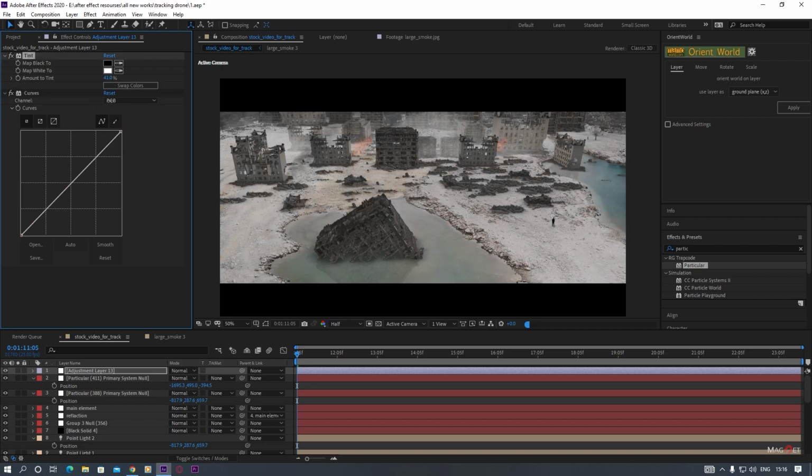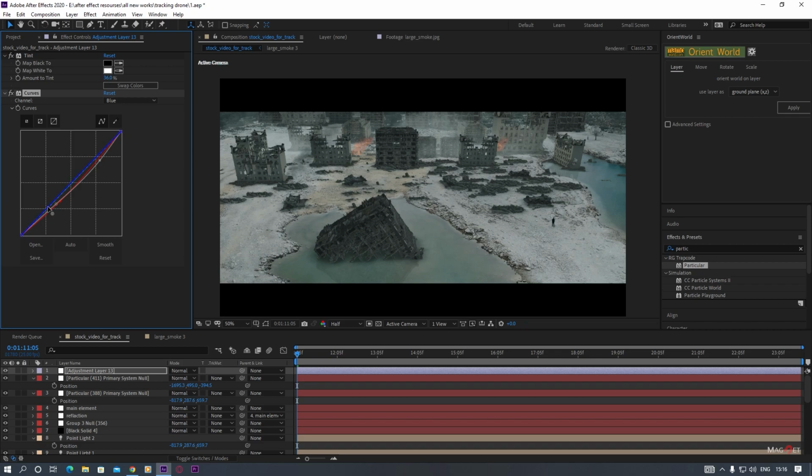We decrease the tint amount here, okay, and make a little dark kind of color here. Decrease the contrast and go to the red. We decrease the red amount and go to the blue channel here. We crank it up